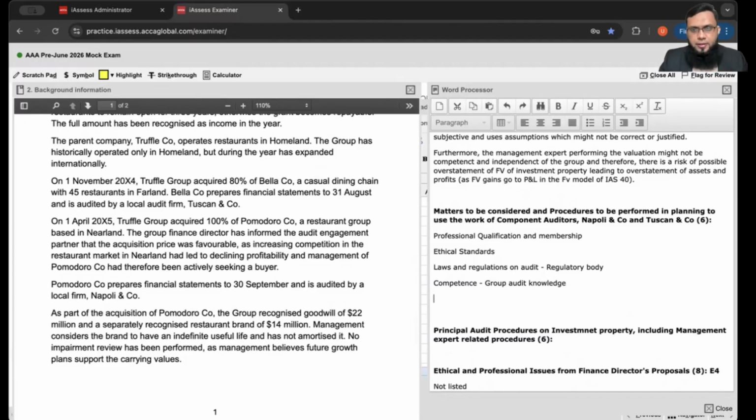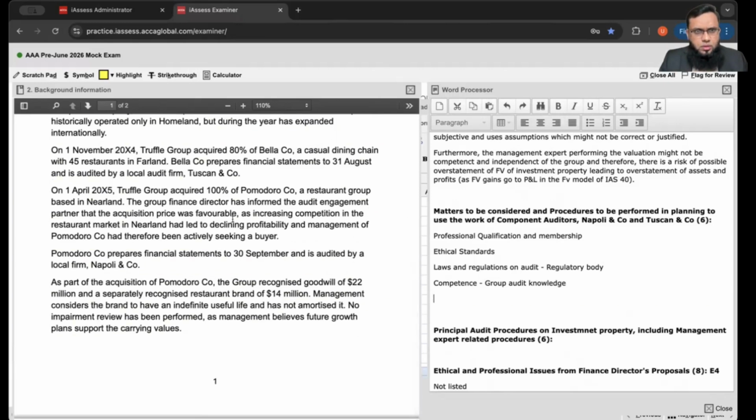So you can say that group audit knowledge. What else can be there in competence? Okay, what we can do is we can work on procedures. That means how to verify the professional qualification and membership. So you can say that, okay, here we can add to it that